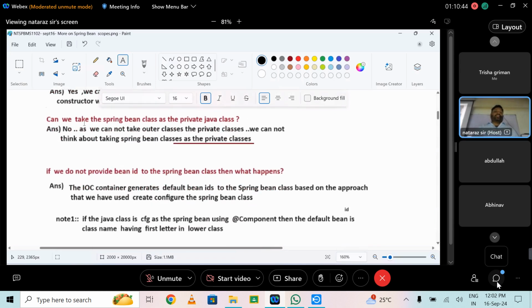Can we take a Spring Bean class as what? Private class. Don't look at the answer and tell me the answer. First of all, in Java, private outer classes are not possible. Only inner classes can be private. That's why it's meaningless to think about that. First of all,